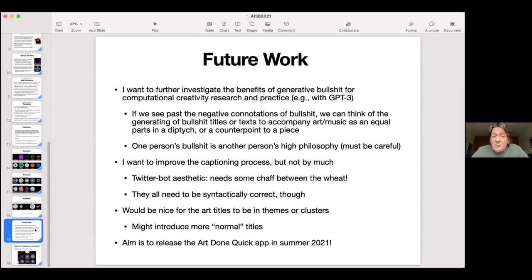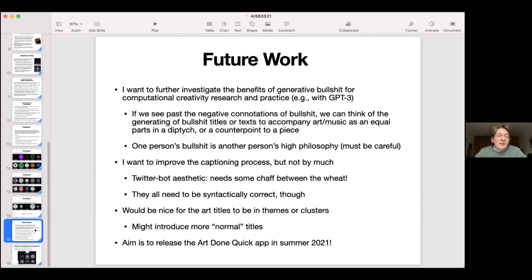So in future work, I want to look at bullshit more seriously and look at how that can help creativity research and practice. If any of you have been using the GPT-3 natural language generation model, you'll know that a lot of that would fall into the bullshit category, this linguistic category. And if you can see past the negative connotations of bullshit, we can think of bullshit titles as a kind of counterpoint to a piece, or a text to accompany it in an equal part in a diptych. So it doesn't have to reflect it, but can just add